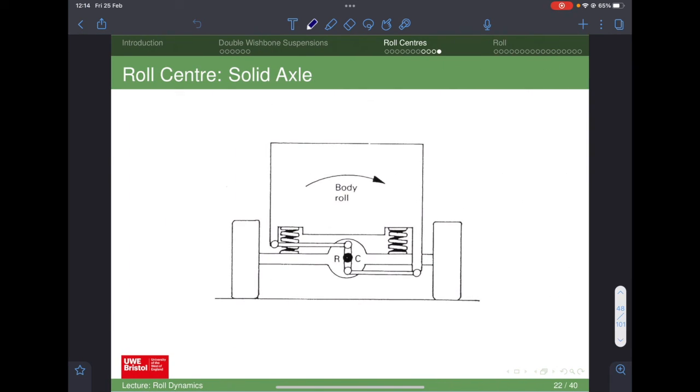For a solid axle, it depends upon the linkage you've got. For this situation with the box linkage, you've got the roll centre in the middle of the